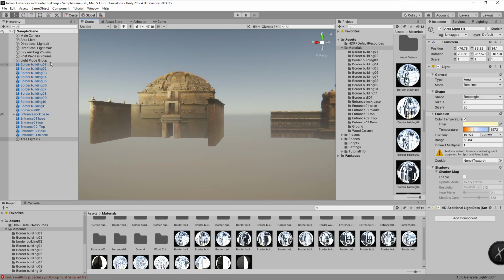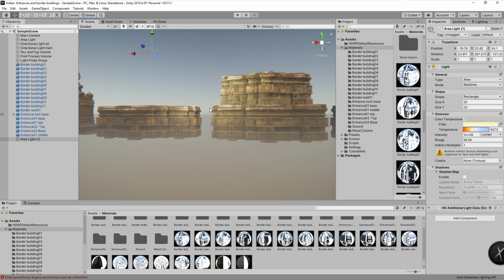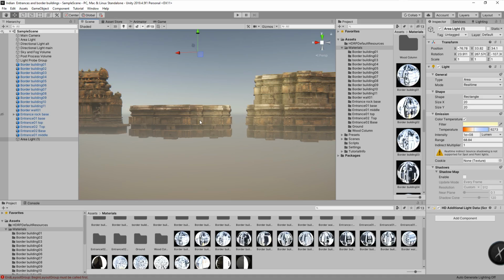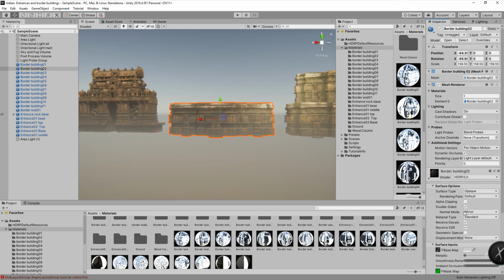This one has an area light on it that brings out a little more, right here. It brings out a little more of the dust and the corrosion. With these, you'll also...